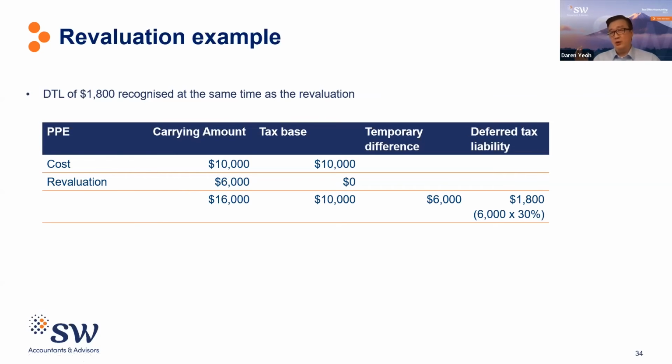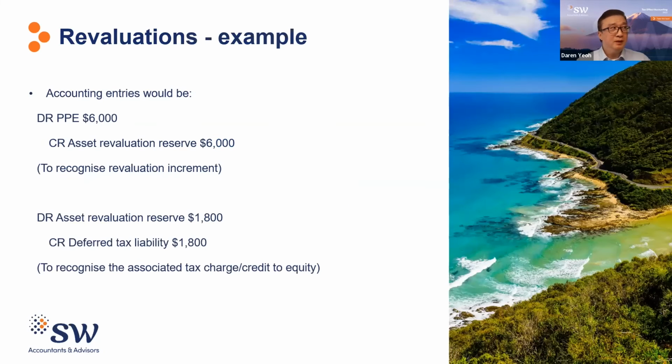So you know that you're going to credit your deferred tax liability by 1,800. The question is, which account do you debit? In order to work out which account you need to debit, you need to refer to the original accounting entry. To revalue the asset, you debited the asset by $6,000 and you credited the asset revaluation reserve. So following the original entry, when you credit your deferred tax liability, you need to debit the asset revaluation account